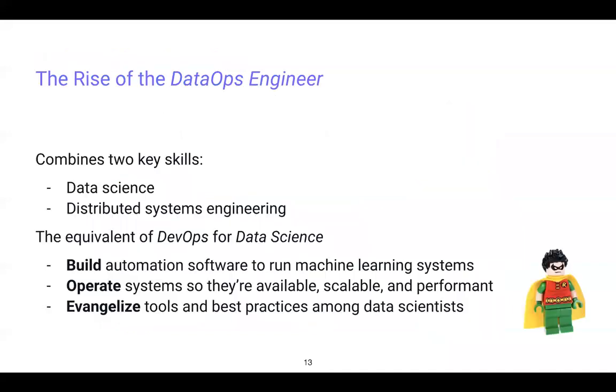And the probably most important one here is the data ops engineer. This guy is combining two different skills. First of all, it's data science and distributed systems engineering. So he understands enough of this data science world, but on the other hand, he also understands what it means to deploy large-scale distributed systems, hopefully with some experience with Kafka, Cassandra, HDFS, and basically understands more the computer science